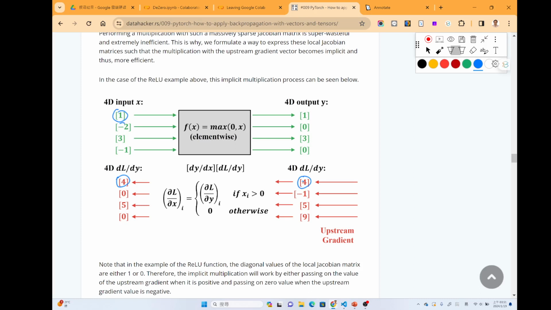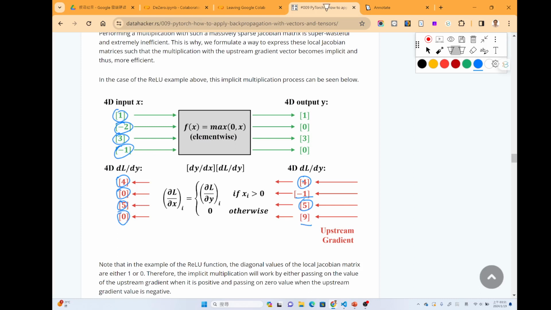And x2 is -2, so we just ignore the upstream gradient and set this value as 0. We do the same thing for the third item: it is positive, so we send the 5 here. And the -1 is negative, so we just set the value as 0 and ignore the gradient here.